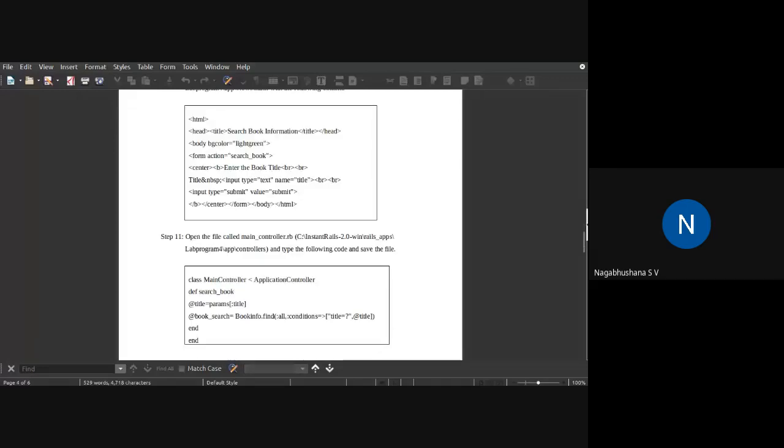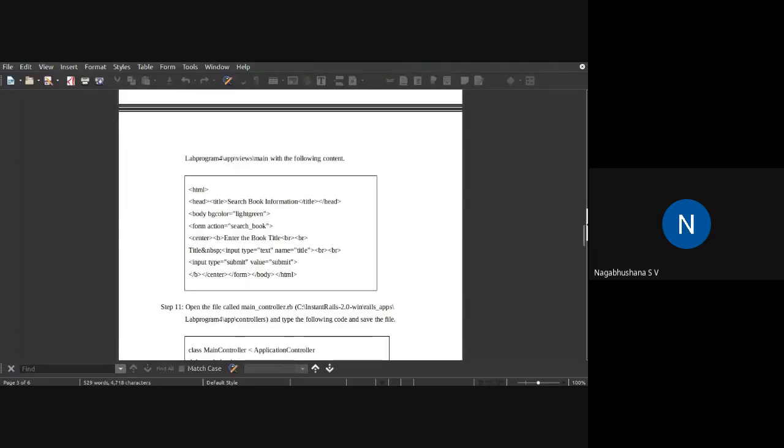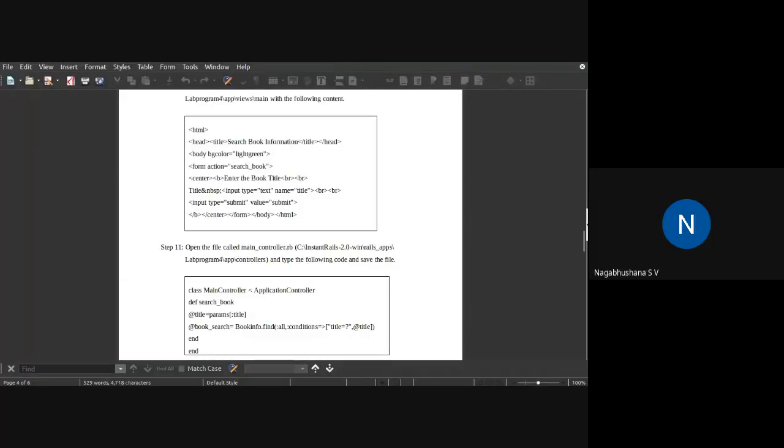So in the program they've also asked how do we search that. If you give a title, it has to give the complete information. Now I create a file called search.rhtml. That is Rails HTML, so you have to save this file with .rhtml. This has to be put under a folder called main. The search.rhtml has to be saved in the main subfolder.